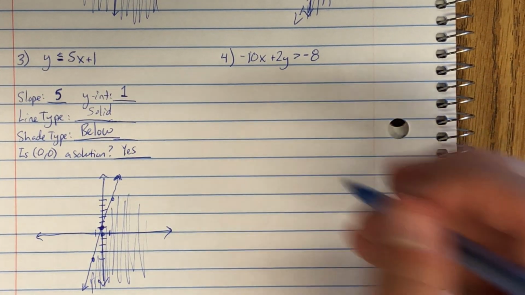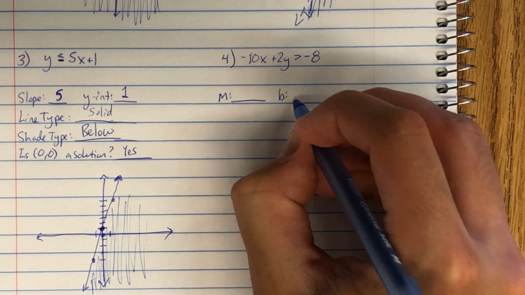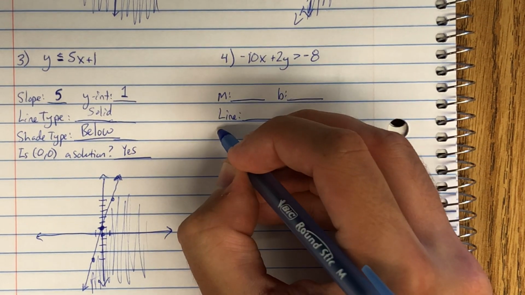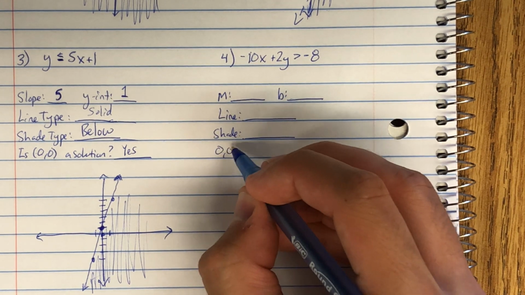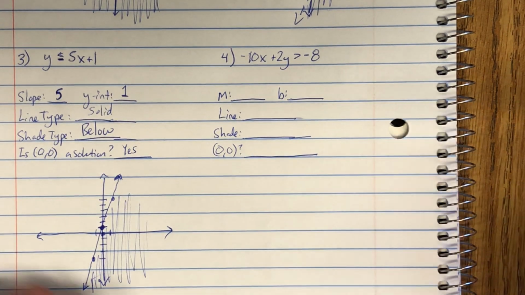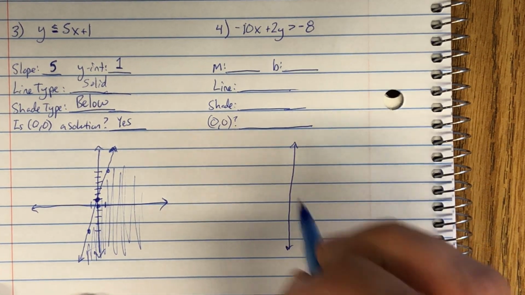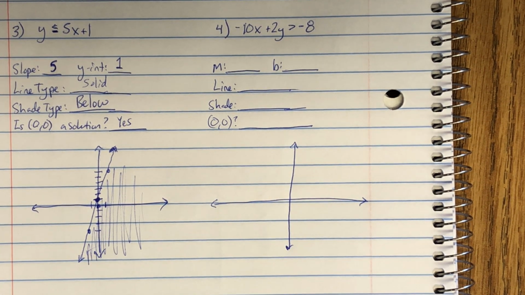For number 4, let's find those same values. We want our slope, which I'll just call m, our y-intercept, b, our line type, our shade type, and is 0, 0 a solution? And again, we'll also want to graph here. Okay, so from here,